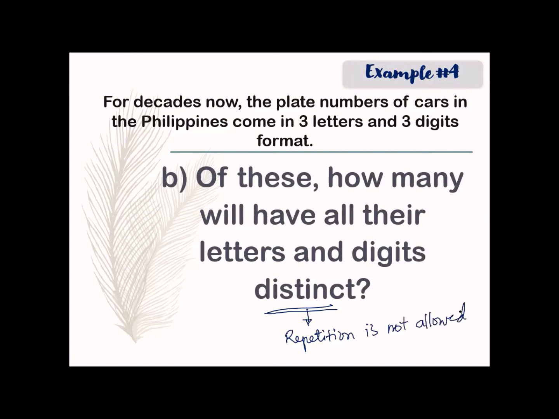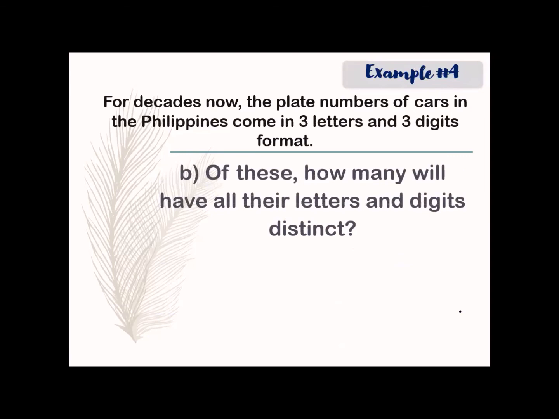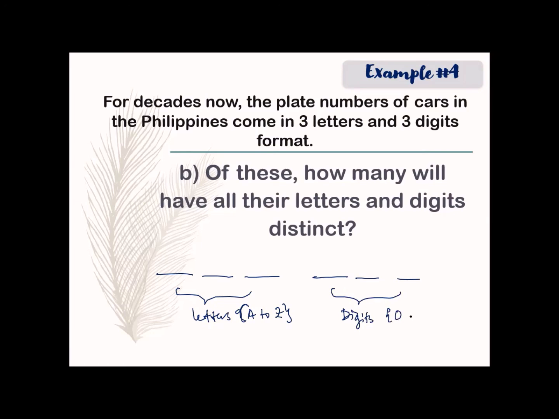So, paano po iyon? So, i-illustrate ulit po natin. So, meron ulit tayong 3 letters. So, yung letters na ang options natin is from A to Z. And then, meron ulit tayong digits na ang options po natin ay from 0